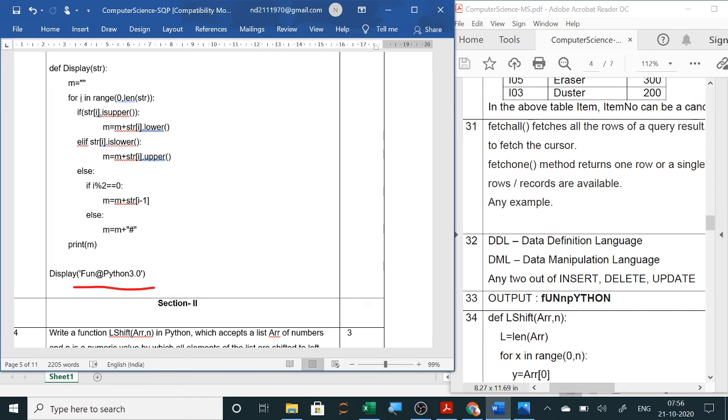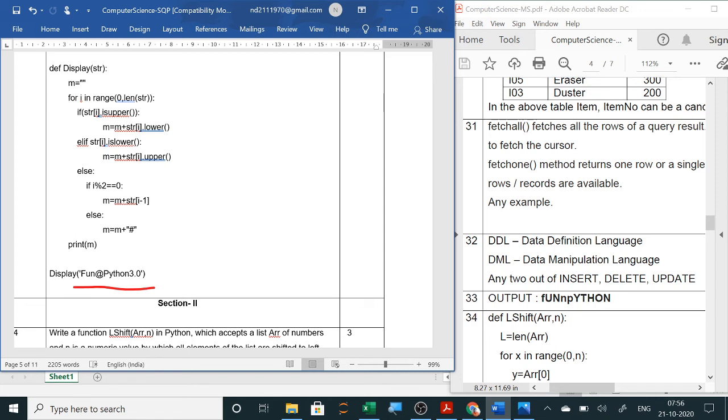Now the previous character should be capital N, because we have already changed. Achha, we haven't changed. We are storing in M. So it will be small n. Yes, correct. So in place of at the rate, we will put small n, because we are storing in M. We are not changing the string here. We are storing the values in M. So the string will have small n only. So at the rate will be replaced by small n. Then capital P will be replaced by small p. Small letters will be replaced by capital letters.